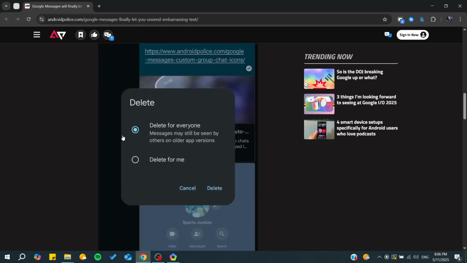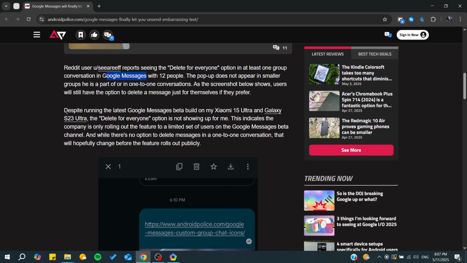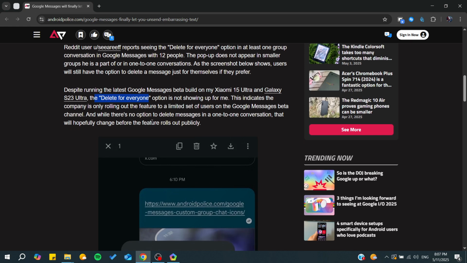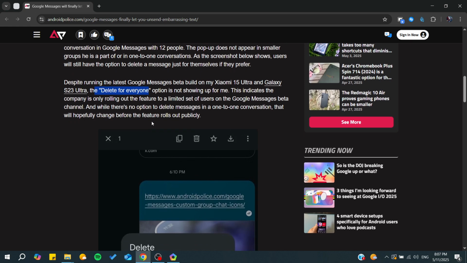And here, as you can see, you will be able to start holding tap your messages and then you can delete for everyone. But anyways, this feature is limited. That means even for some people like the redditor or the creator of this article isn't able to find these features. That means it is limited for now and it is just being tested by a bunch or group of users